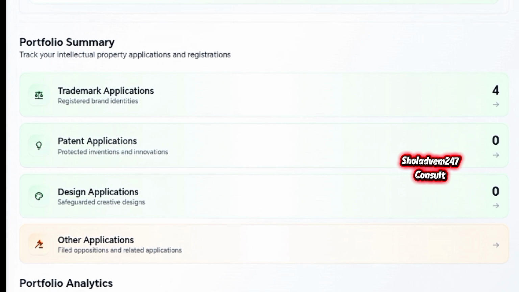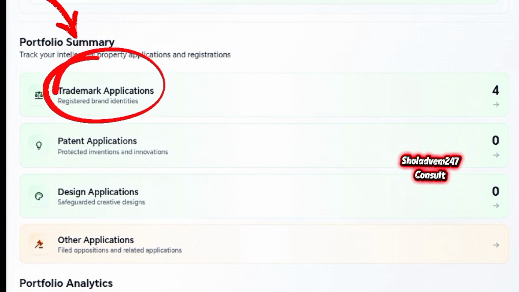I'll be taking us through how we are going to do that in this video. So let's go straight into it. Right now we want to verify our payment since that thing has been loading. What you need to do is close the tab that you are using, then log in. Once you get to this interface here,